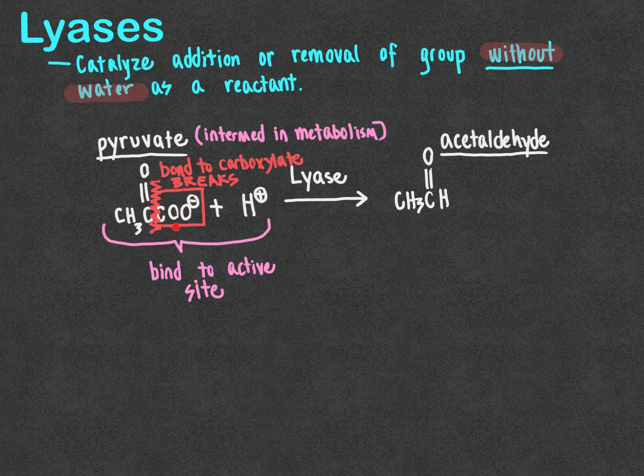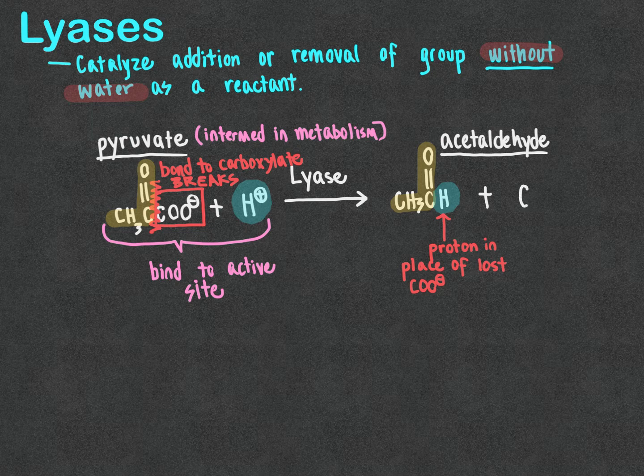That releases acetaldehyde by placing a proton in place of where the COO- broke away from the molecule. The other product of the reaction, to balance it out, is carbon dioxide, which floats away as a gas from the system and is one reason why CO2 is a byproduct of metabolism that we exhale. That particular reaction, without the action of a lyase-type catalyst, would be very slow, and the body would not be able to control it, would not be able to undergo respiration at the rate necessary for us to sustain life